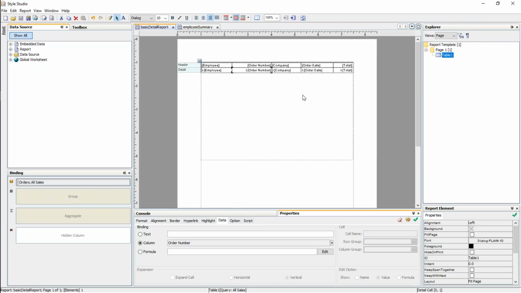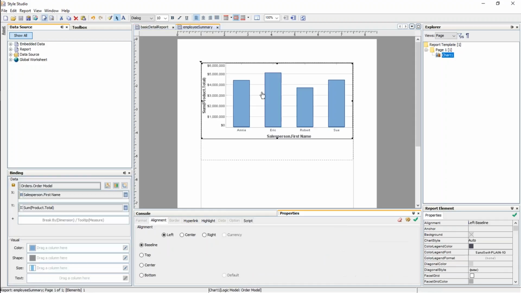But that's not the way that we intend to use this. We don't intend the user to access that drill down report on its own. Rather, we intend them to access it only via hyperlink from the summary report. So now that I've got the drill down report parameterized, what I'm going to do is arrange it so that